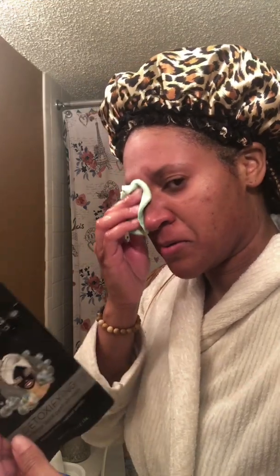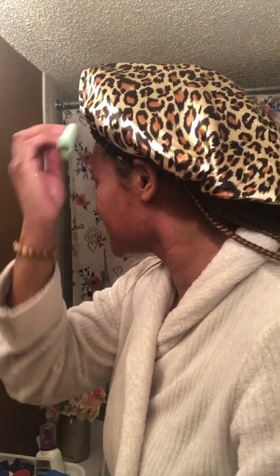Now I know I got this mask, the detoxifying face peel from Target. My skin is squeaky clean. Seems like it's all completely off. Okay. My next step, I'm going to be using my